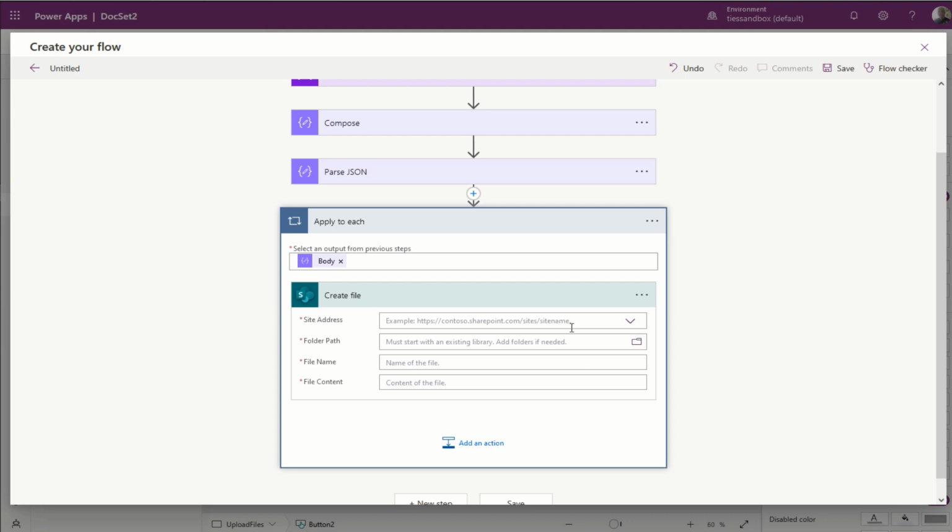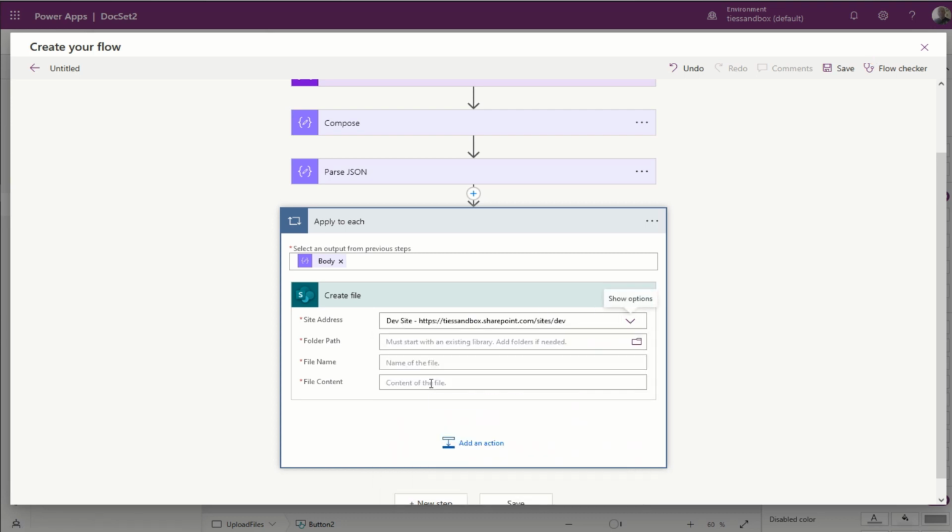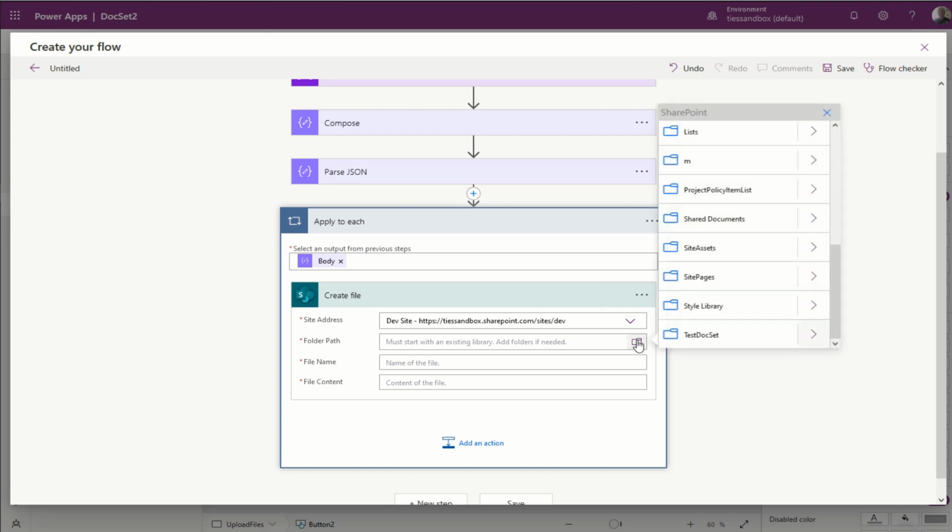For this part, you can't really make it dynamic, so we're going to hard code it for this app just like we did the last one. So you're going to select the dev site as your SharePoint site, and then you're going to select your document library 2,